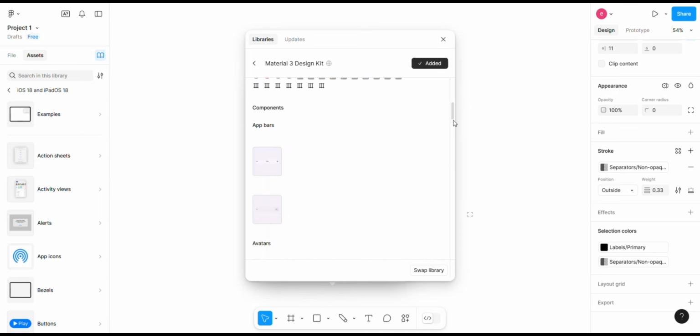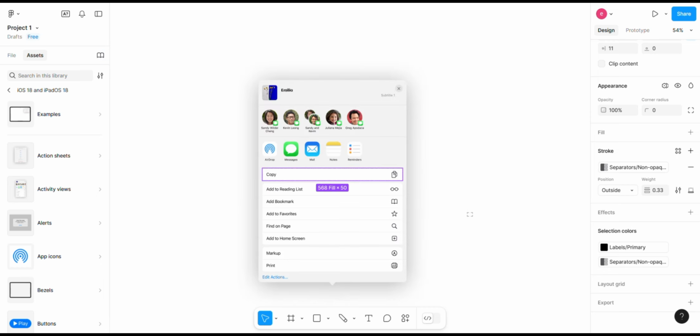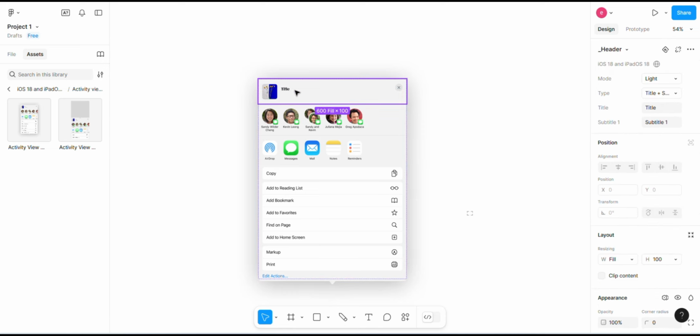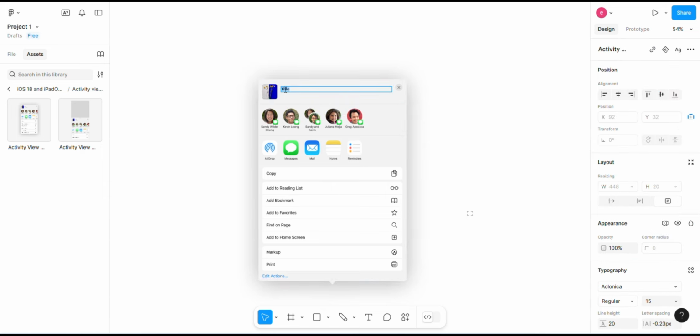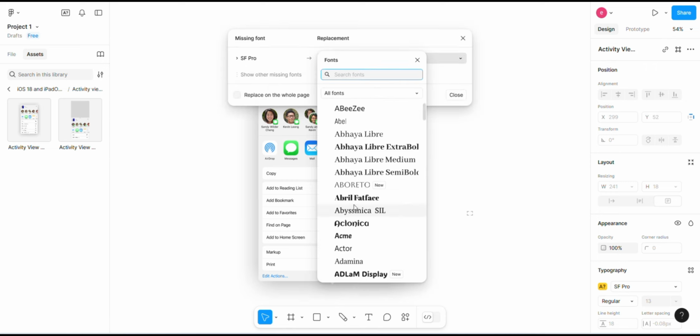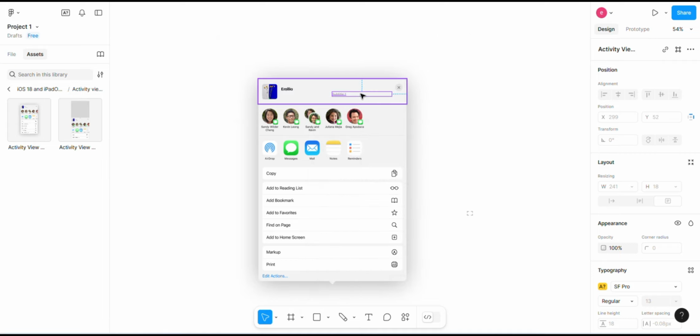To use an asset, simply drag it onto your canvas. You can resize and customize it just like any other element in your design. Figma also has a community section where you can find user-created assets and design systems. Click on the community tab in the top left corner of the dashboard to explore these resources and import them into your projects. By leveraging components and assets, you can create efficient and consistent designs while saving time on repetitive tasks. Next, we will dive into the basics of prototyping where you can bring your designs to life.